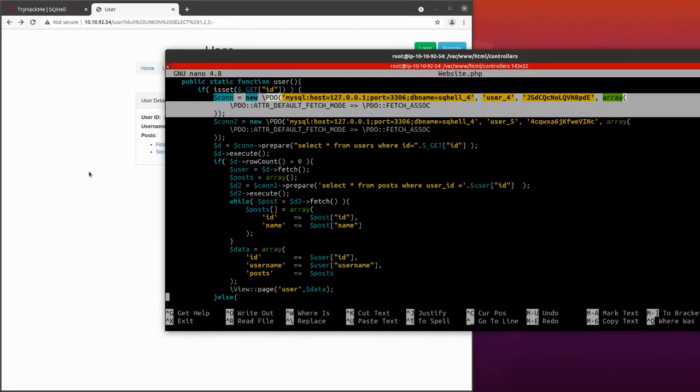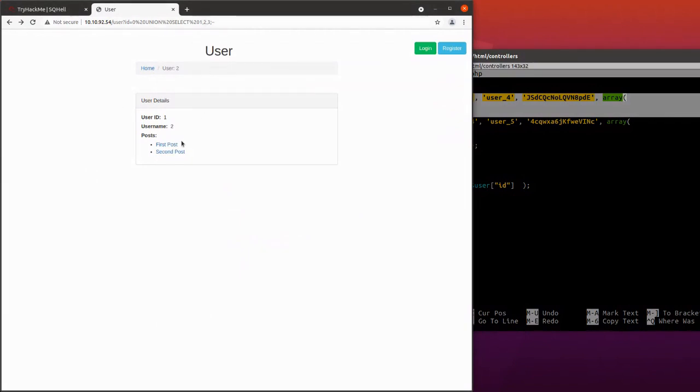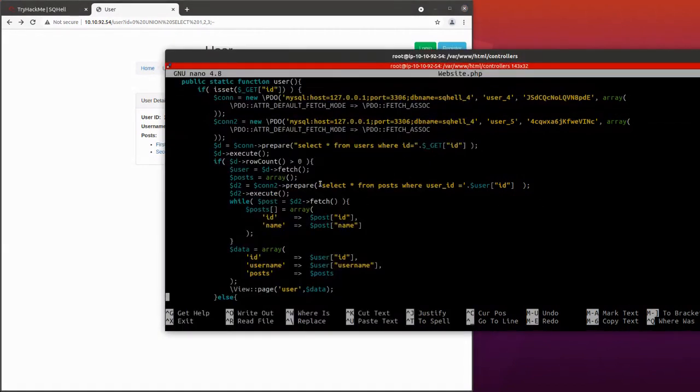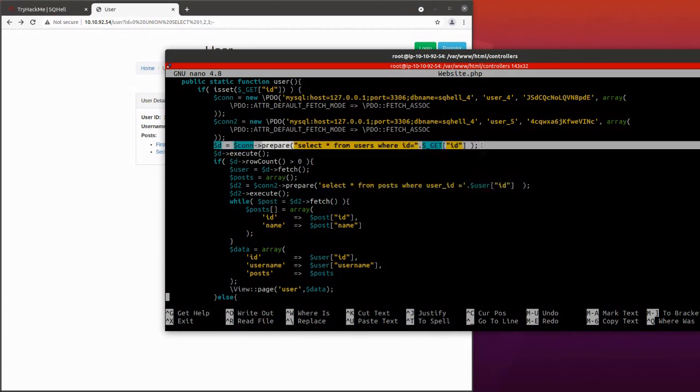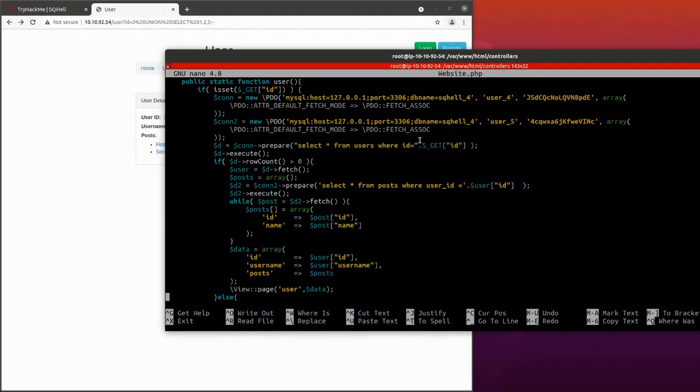So this is where it gets really interesting. Underneath here, we can see another SQL statement, and that SQL statement is being run on the data that is being returned from the first one. So that select star from users where ID equals. What might be useful is